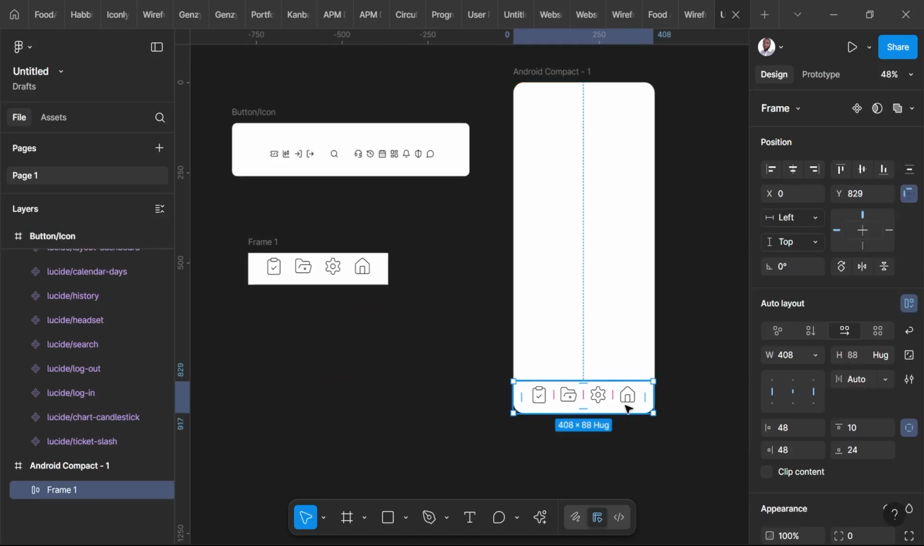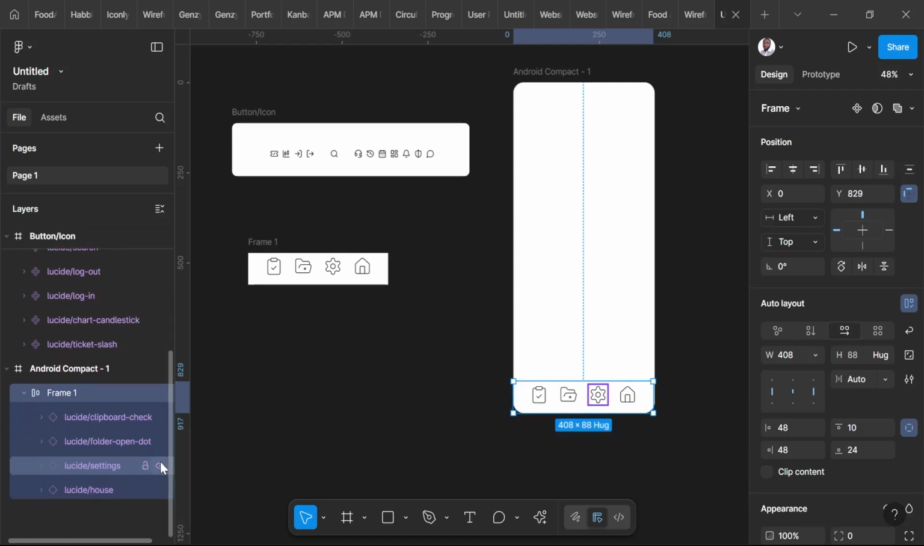So let's come here. Let's hide one of the icons to know. You can see it's taking the space, it's adjusting. If you hide any icon there, it hides and adjusts properly. So from here on,